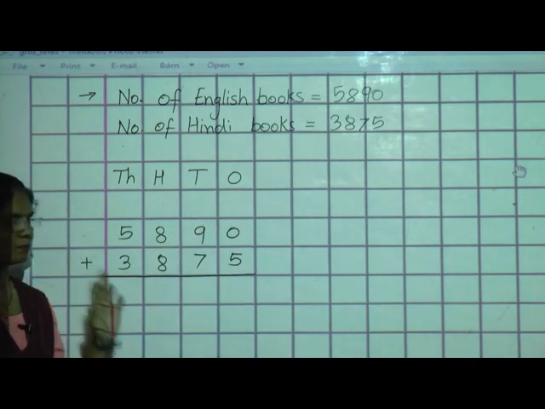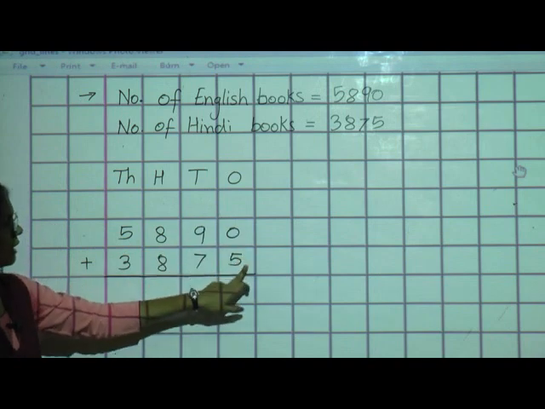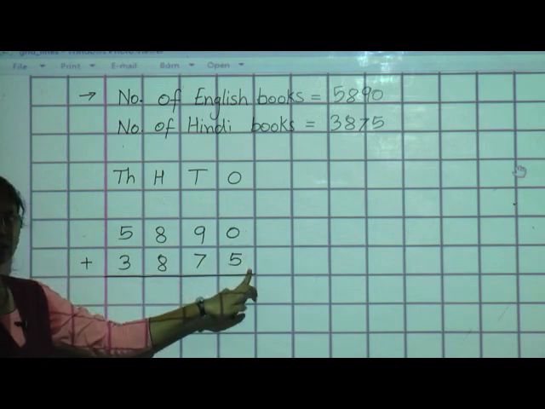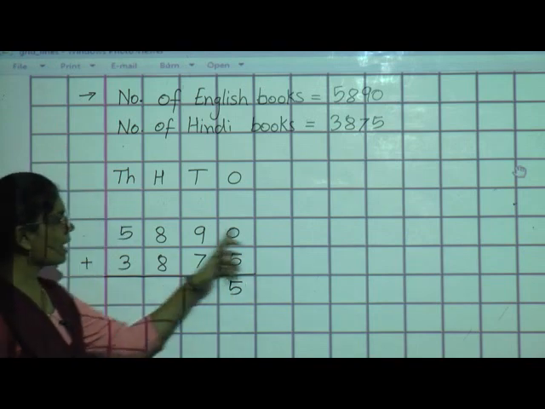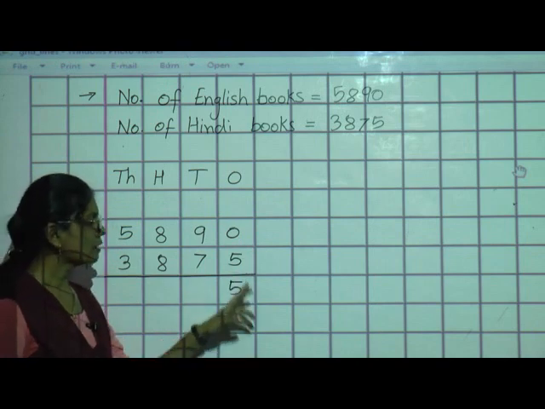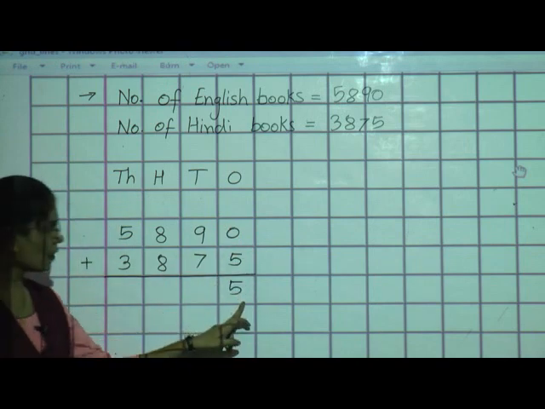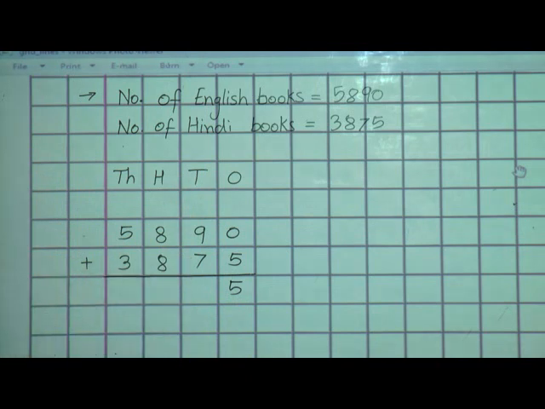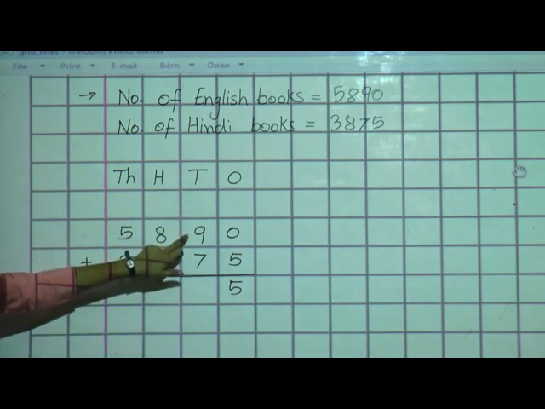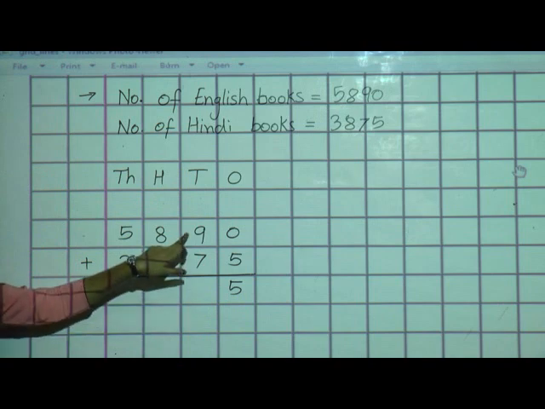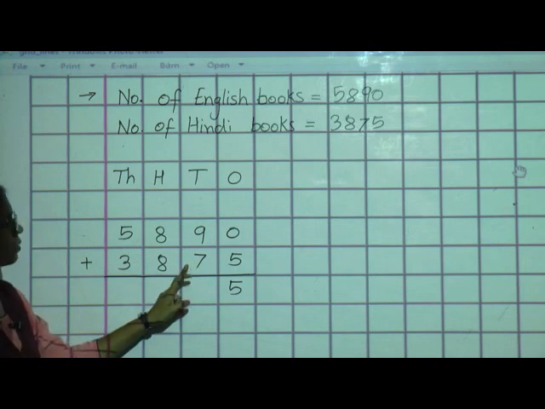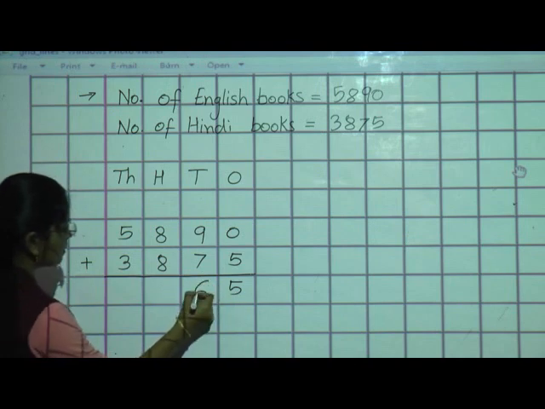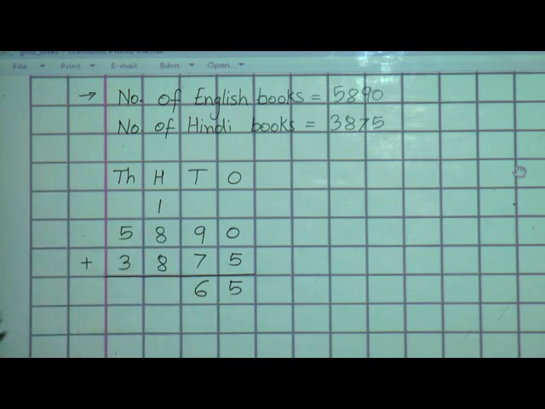See the ones place. At ones place here 0 is there and here 5 is there. 0 plus 5, 5. Because what is the property? Zero property in addition: if we add 0 to any number, we get that number itself. So 0 plus 5, 5. Now we will move to the tens place column. At tens place here 9 is there and here 7 is there. Do the addition 9 plus 7. Keep 9 in your mind, take 7 fingers, count the 7 fingers after 9. 9 plus 7, yes, 16. So here 6 will come and 1 will come as a carry.